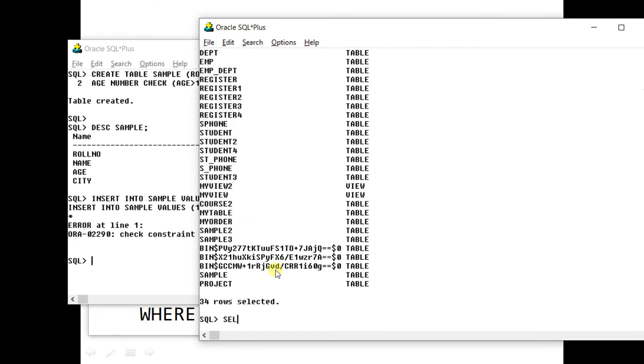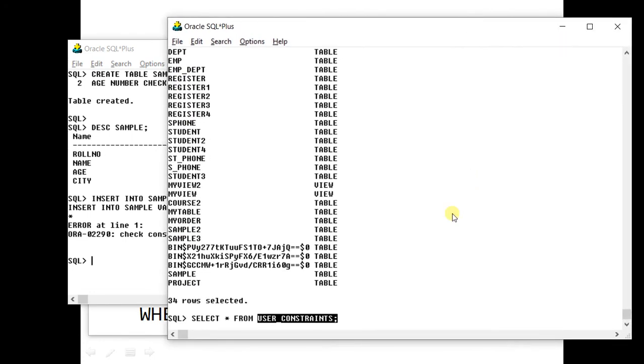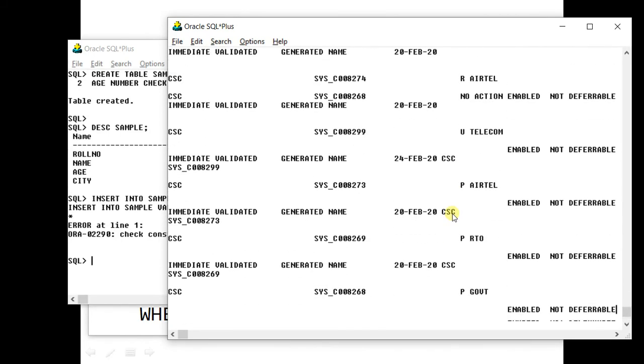Suppose you type select star from user underscore constraint. Now you can see select star from and a table name is given. So user underscore constraint is a table name, but this name is not visible in the table list, and still you can select it. As you can see, the contents are visible.